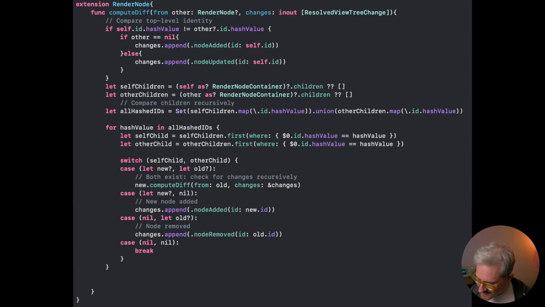So basically, I've got this real-time identity, Identifiable I think it's called, which then conforms to Hashable. So for all my comparisons, I'm just having to go in and get the hash value to do those actual comparisons. That was another bit of confusion for me today. But yeah, then we're just returning either node added, node removed,